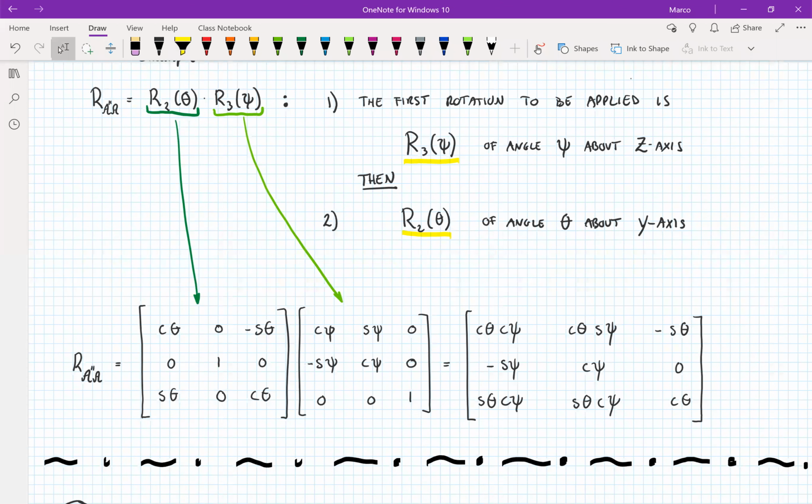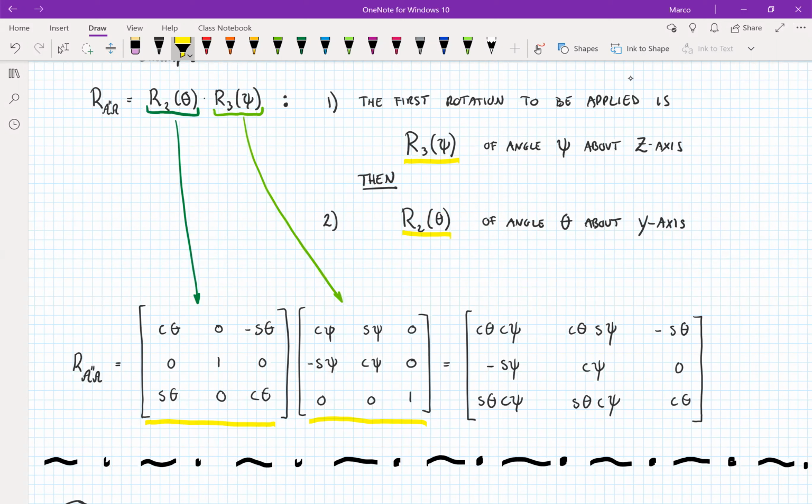But then mathematically speaking, we have to go from left to right. So when we are actually multiplying the two rotation matrices, then we have to multiply them in the correct order. So it is indeed R2 times R3. So in this case, if we multiply R2 of theta and R3 of psi,